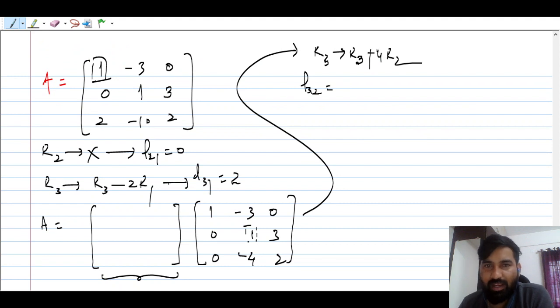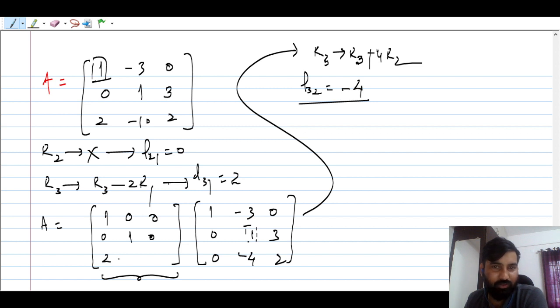तो यहां से आप L32 की वैल्यू बता सकते हो क्या होगी? L32 का मतलब क्या है यहाँ पर? कि यू आर अप्लाइंग रो ऑपरेशन ऑन थर्ड विथ रेस्पेक्ट टू 2। सो ये जो कॉफिशिएंट आएगा रो ऑपरेशन में, व्हाट इज L32? L32 विल बी -4। मैंने बताया इसका माइनस ऑफ दैट कॉफिशिएंट यू हैव टू टेक, राइट? सो ऑलरेडी यू गॉट L मैट्रिक्स, राइट? सो L मैट्रिक्स तो आपको मिल चुका है। यू कैन से हियर 1 0 0। What is the value of this? 0 1 0। and what is the value of this? 2 -4 1। L मैट्रिक्स तो आपको डायरेक्ट मिल जाता है।